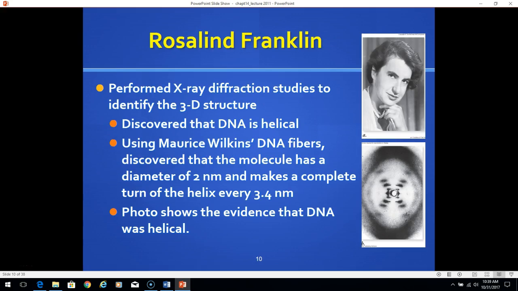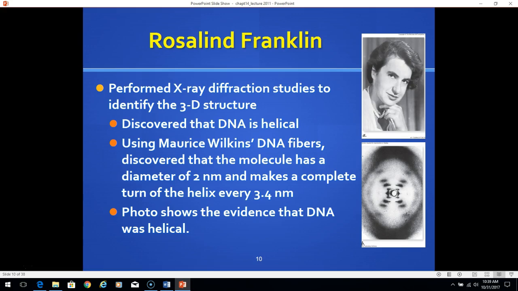And so along came Rosalind Franklin. Rosalind Franklin was a female scientist back in the 50s, which would have been difficult at best. But she was very good at doing what's called X-ray crystallography. And so X-rays were brand new at the time as a study technique, so we didn't quite understand the dangers of X-rays. And so Rosalind would work in her lab basically with the X-ray machine on all the time,